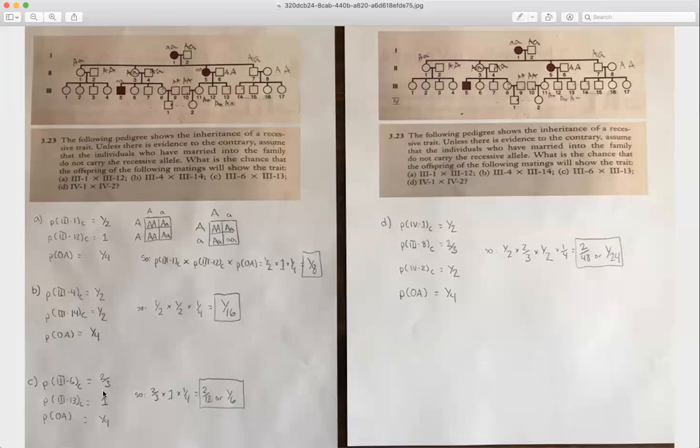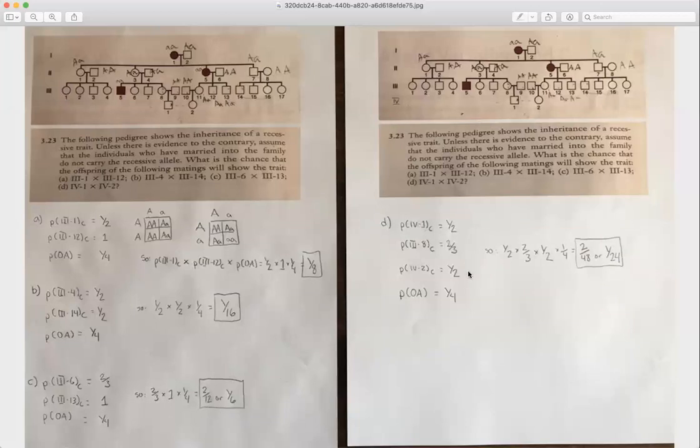Okay, now let's look at 3,13. Probability 3,13 is a carrier. Over here, what do we see? It was just like we looked at previously. It's a known carrier, so the probability is 1. So now both are carriers. What's the probability that they have an offspring? Again, it's this Punnett square, 1/4. So you just go 2/3 times 1 times 1/4 equals 2/12 or 1/6.